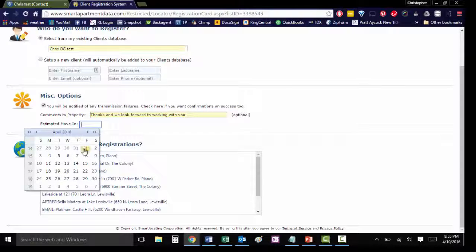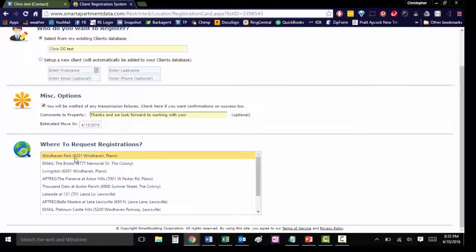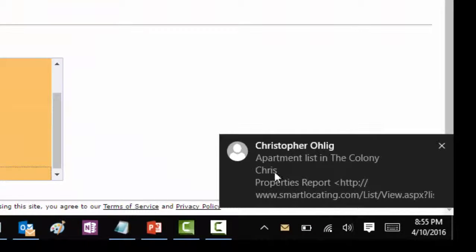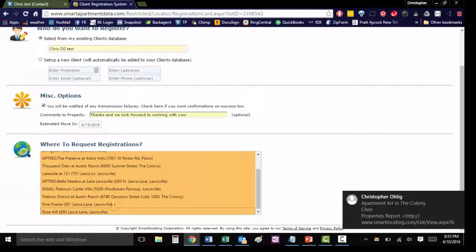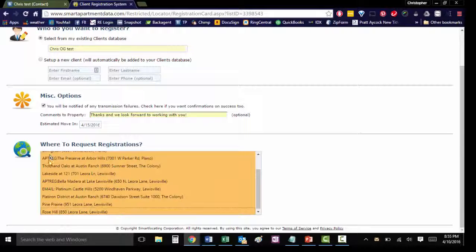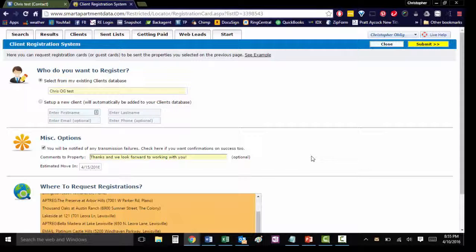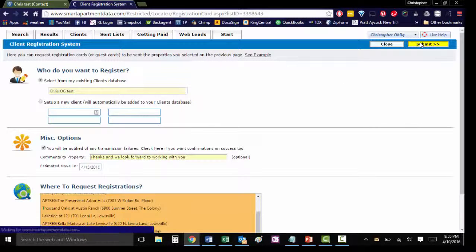Estimated move-in, if you know that they're moving in next Friday or something, you can put that. And then where you want to request the registrations to. Again, I check all of them, and if you see in the corner right here, it just came through the apartment listed. So I want to send registrations to all the apartments on that list. It'll tell you this little apartment reg and things like that, email. That's the ways that they're requiring people to register them. The system, since we pay for it, registers them in any way that they request it automatically. So once you have all that checked, you hit submit,